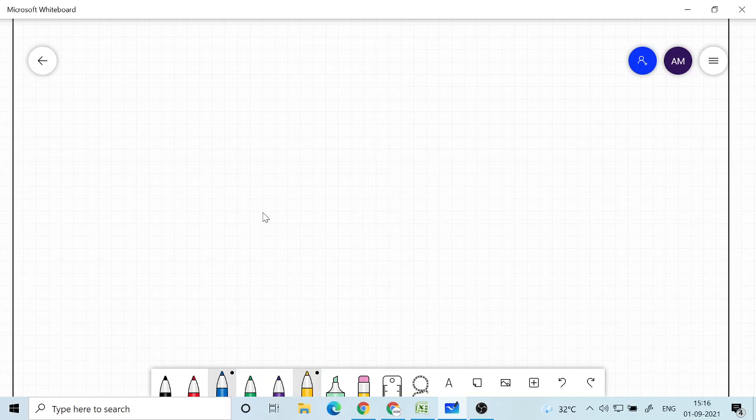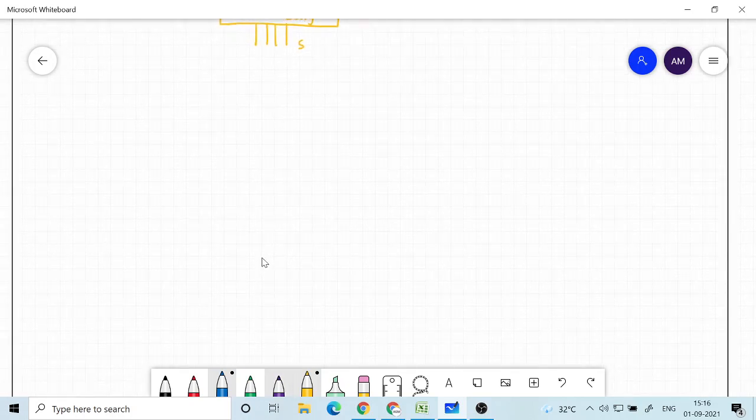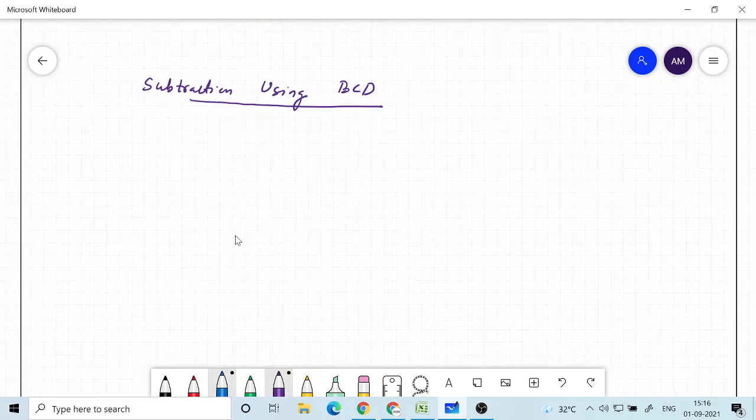Now if you have to do subtraction, what is the method? Subtraction using BCD. What is the procedure?